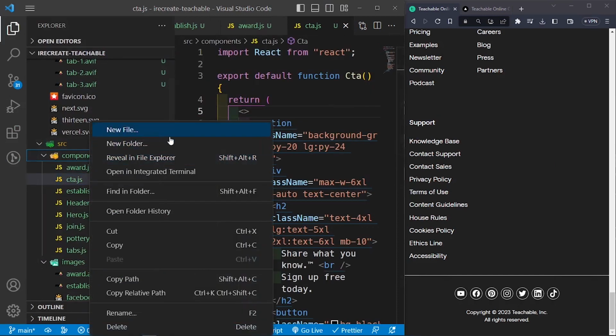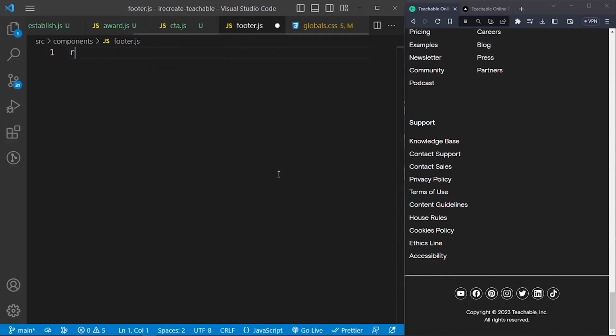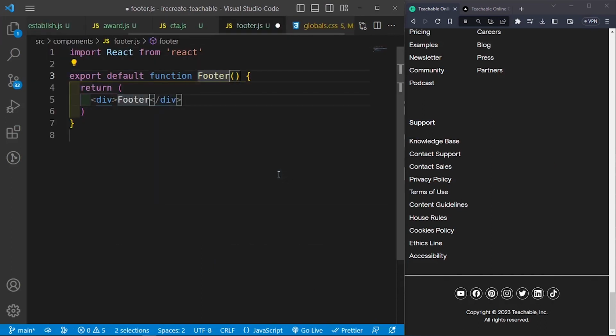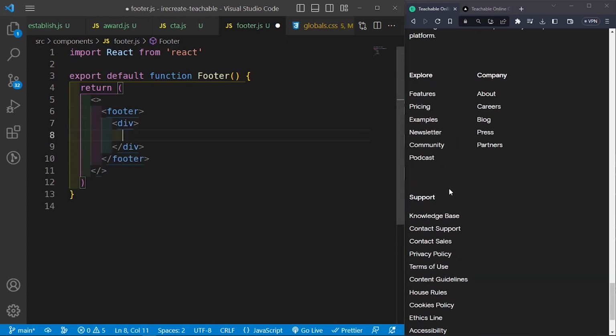So inside components, let's create a new one that is called footer.js, and then let's say RFC, change this into capital footer, and then let's return a fragment, and then let's return a footer element. And then inside here, we're going to have a div, and then inside this div, we're going to have an